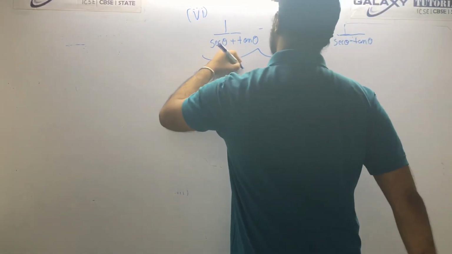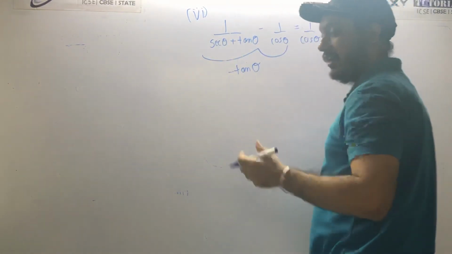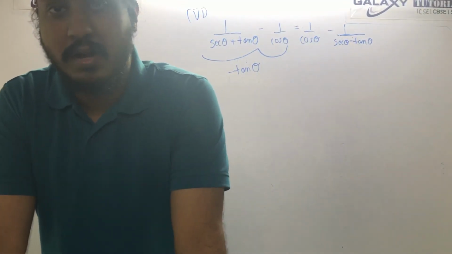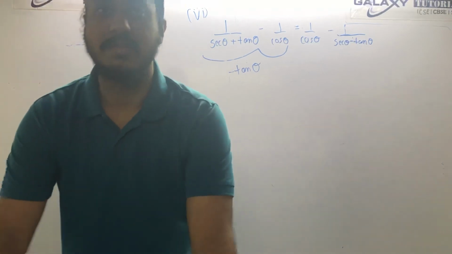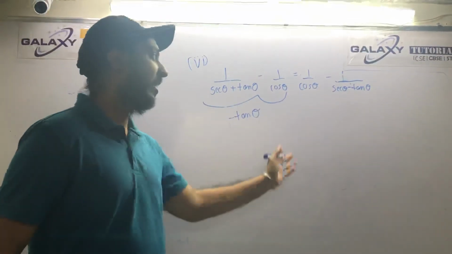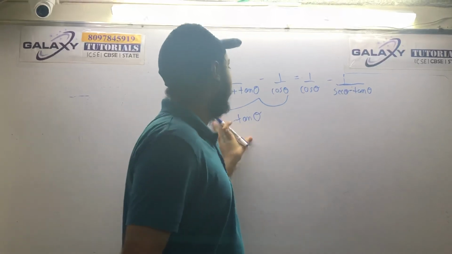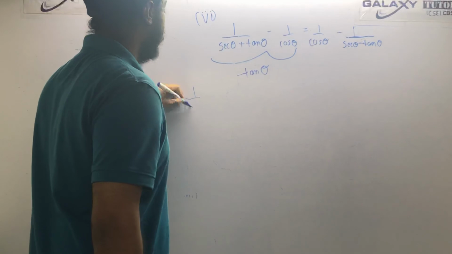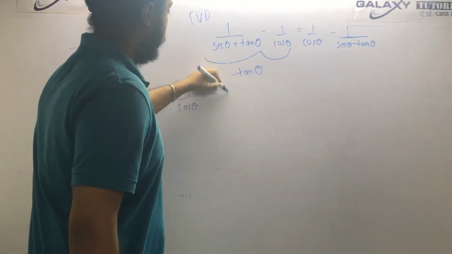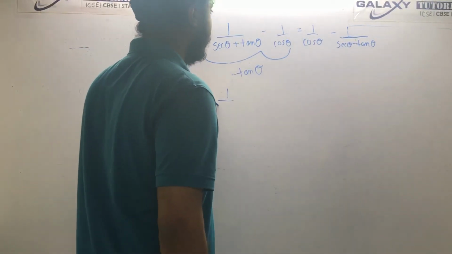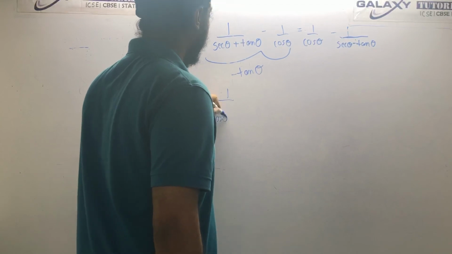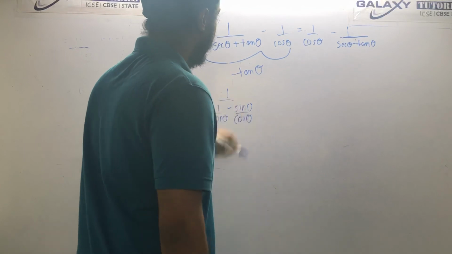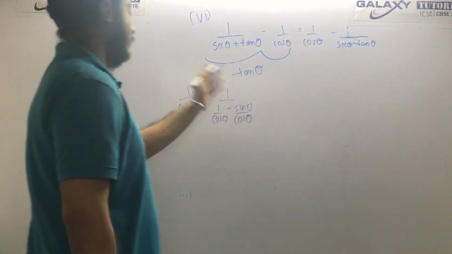Okay. So this is an additional case for you, that in some cases of these questions the left hand side might not come equal to the right hand side upon simplification. So what you will do, you will prove the right hand side equal to what came out to be the left hand side. So we will simplify this one now first. So 1 upon cos theta, 1 upon sec theta is how much? 1 upon cos theta minus sin theta upon cos theta. Okay, so cos theta goes on the top.